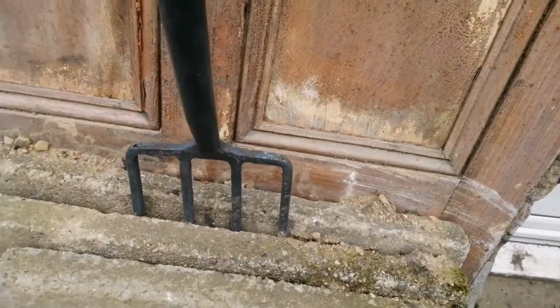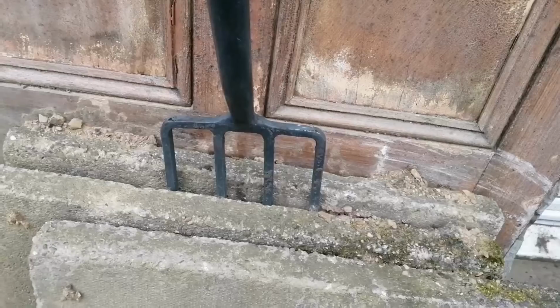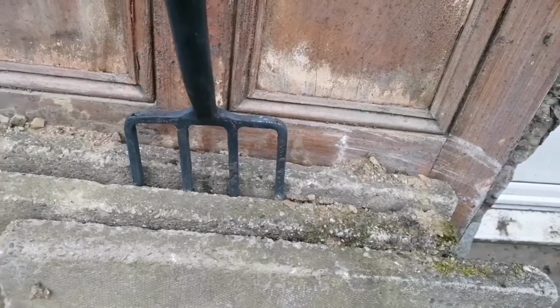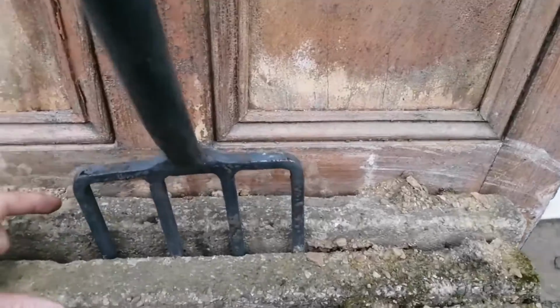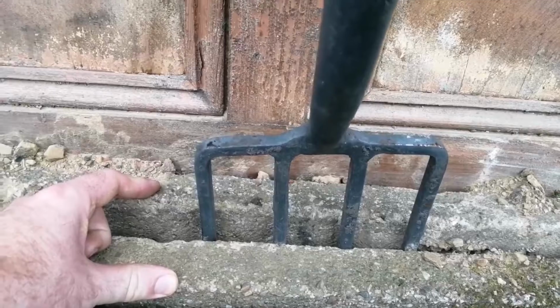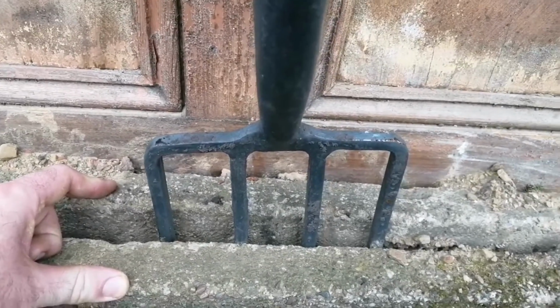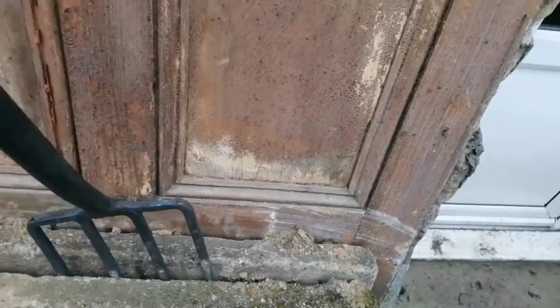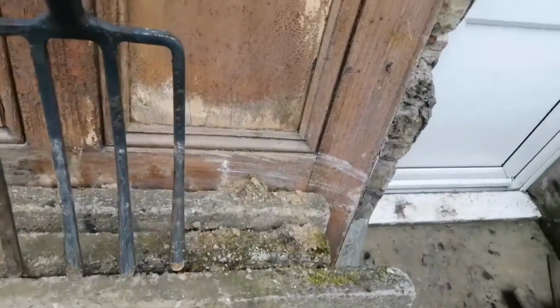So I went back 2 flags and I just jimmied it in, wriggled it around over a few days, and I came out today and I noticed before there was a gap like that between the 2 flags, and I thought, aye, what's going on here? And this has been out here for about a week now, so I thought, let's have a go, let's have a see. So let's wriggle it out, and